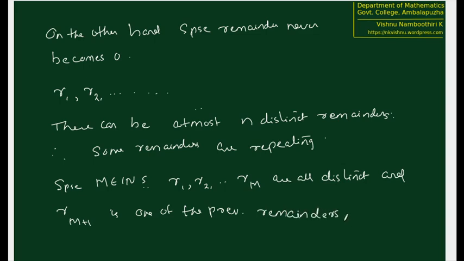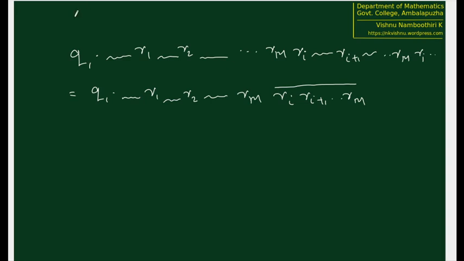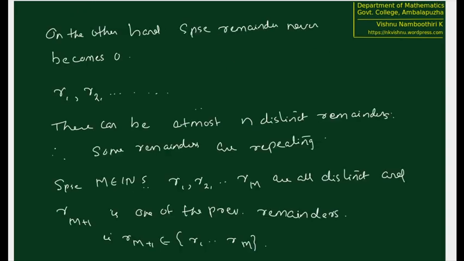That r(m plus 1) is one of the previous remainders means that r(m plus 1) belongs to r1, r2, etc., rm. Yes, this is what is meant by saying that this is one of the previous remainders. And suppose that this r(m plus 1) is